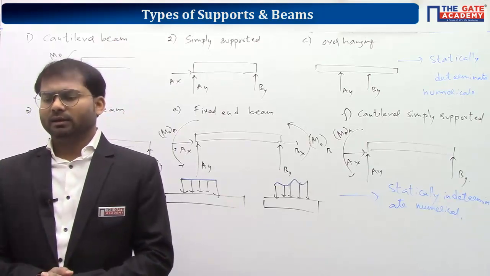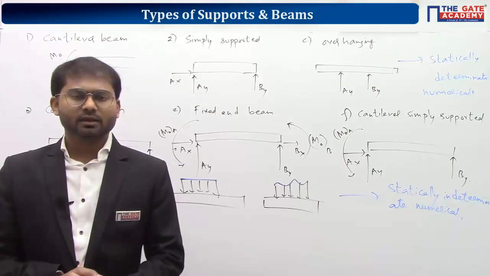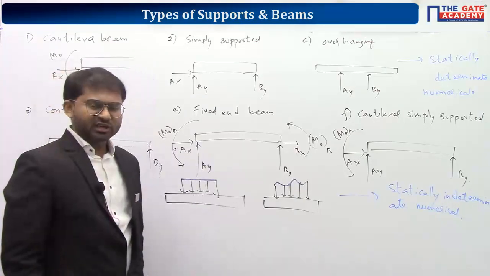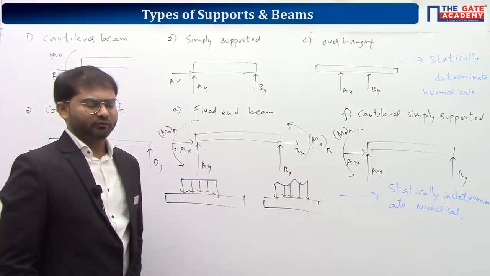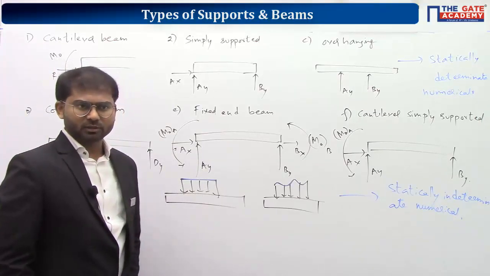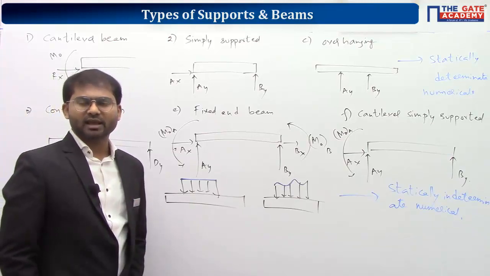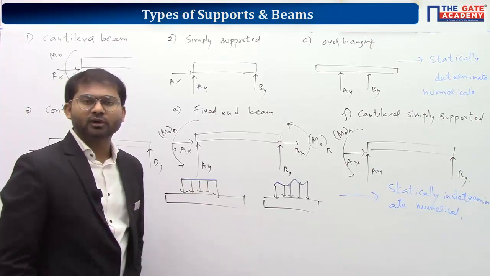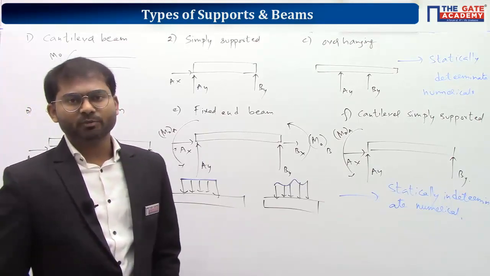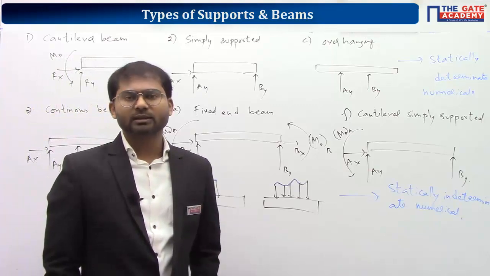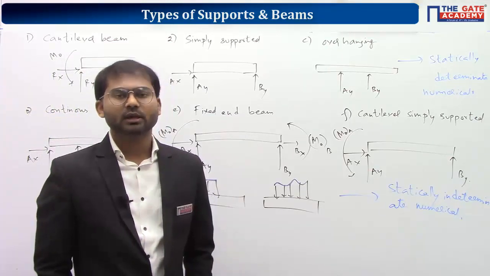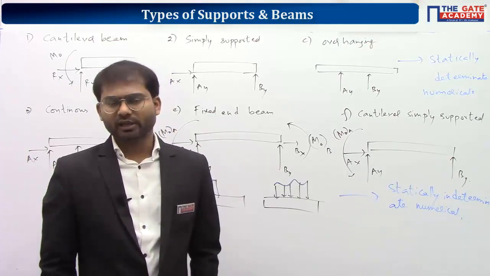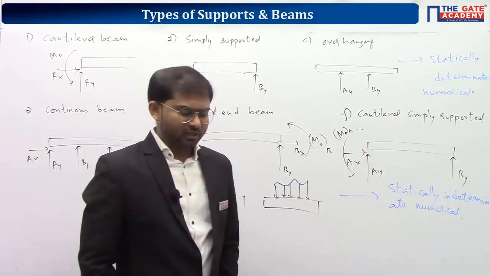Let me see. Other people, you can copy the names of these 3 types of loads we're going to deal with in this chapter. How we are giving the name. Whenever a name is given in a question, immediately what type of diagram should we take? That is our objective of learning this concept. If you have a simply supported beam, we directly mean by default 1 hinge, 1 roller. That's it. If you take both hinges, it's wrong. If you take both rollers, it's also wrong. Understand? So in that way, we are learning it here.